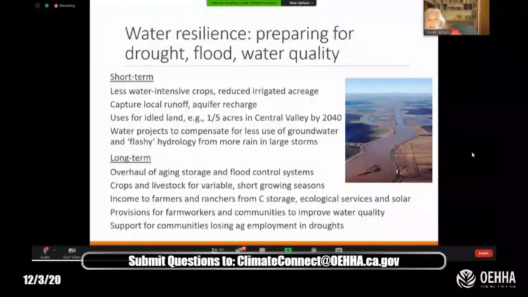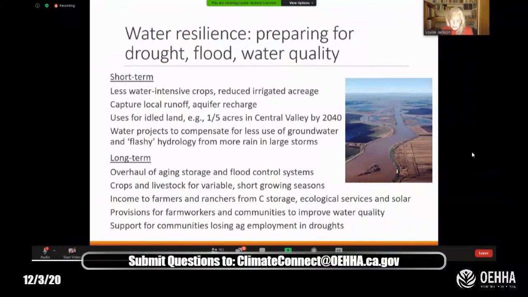The second topic is water resilience, and here I've arranged them on a temporal scale, looking at short-term versus long-term intervention. The short-term ones being now or a short time from now, and long-term might be, say, mid-century. Not real time scales, but just an attempt to frame them. And it's undoubtedly a reality that we're going to be seeing less water intensive crops, either because of conservation of water with existing crops or switches to different crops. And we'll see reduced irrigation acreage as well.